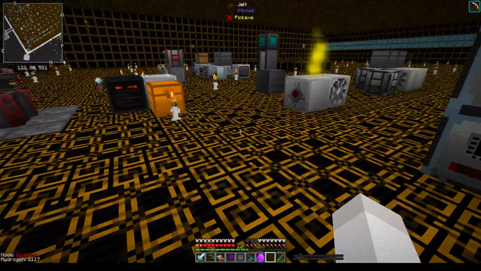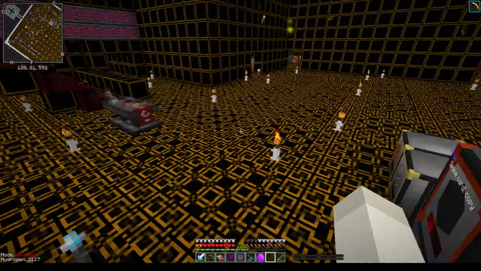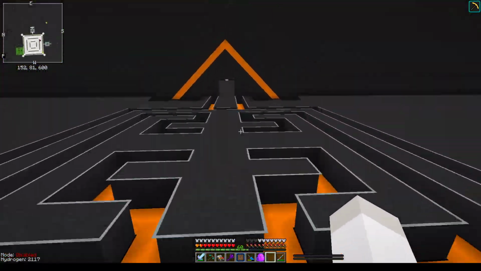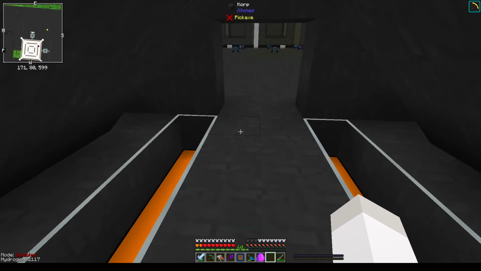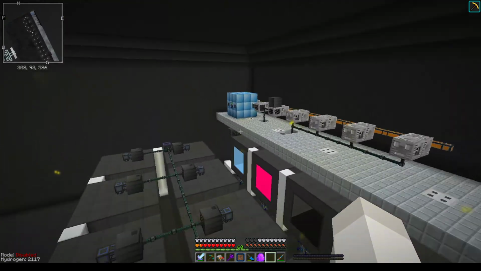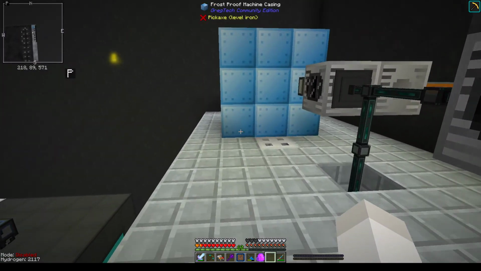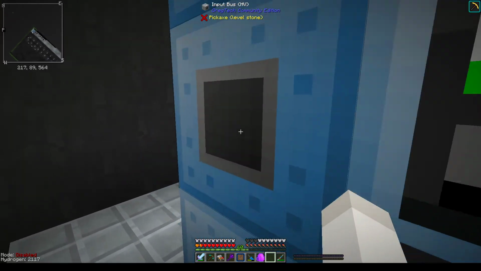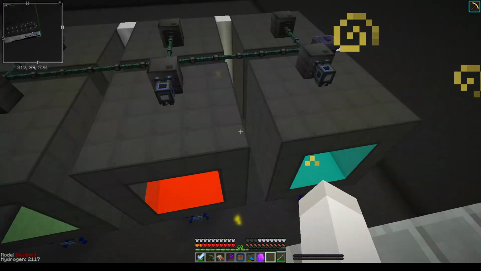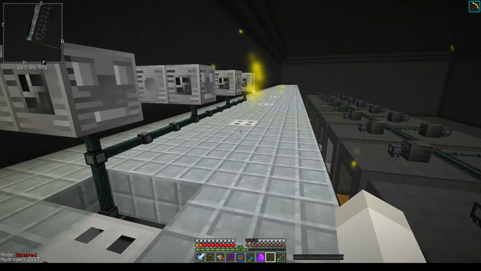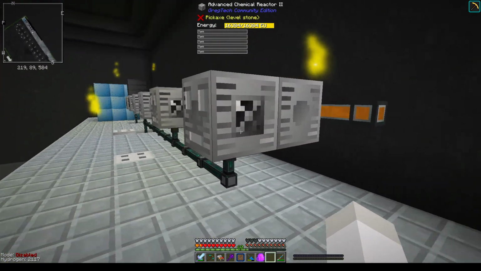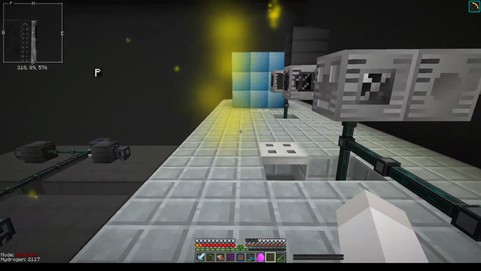Now, during the stream, we were getting several things built. We were getting things prepared for our automated polyethylene and vinyl chloride setup. Now, we finally got all the pieces together. This here is for air processing, centrifuging, etc. And it puts everything in the tanks as needed. And these four beautiful machines, these chemical reactors we have here, are going to be